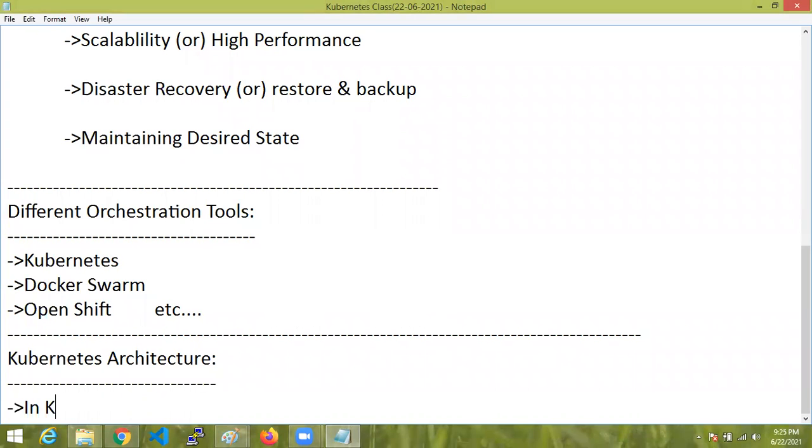In Kubernetes, mainly we can use three nodes.